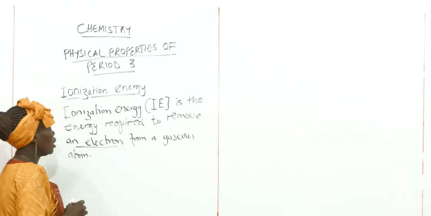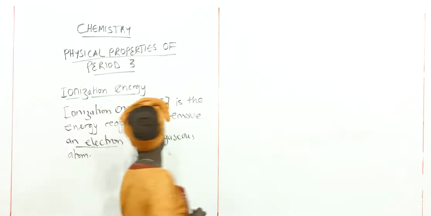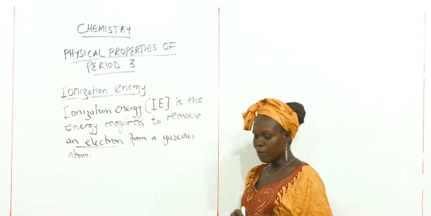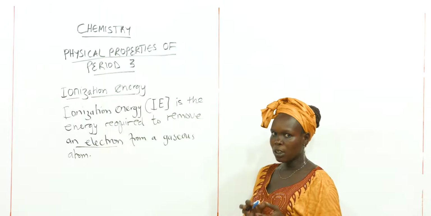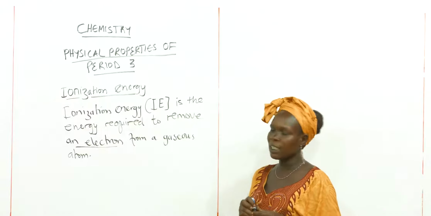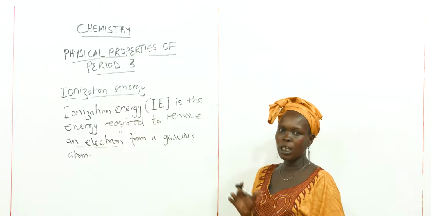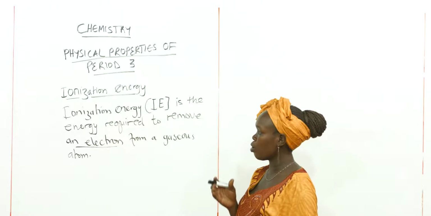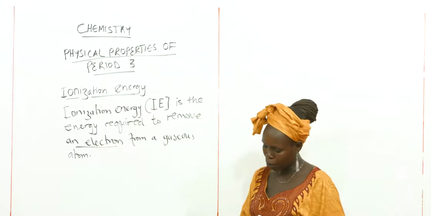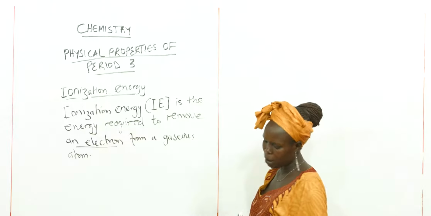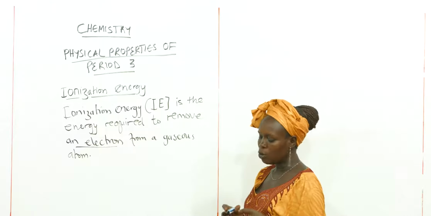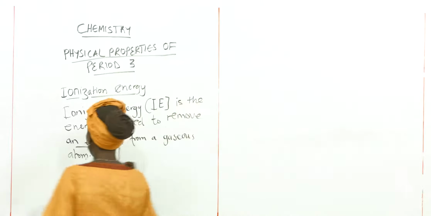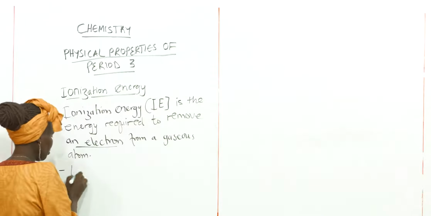So ionization energy is the energy required to remove an electron from a gaseous atom. If we remove an electron, we are showing what is known as the ionization energy. It means it needs ionization energy in order for you to remove electrons from any gaseous atom. Here ionization energy in period 3 generally shows an increase as you move across the period from left to right. So we have to remember that ionization energy